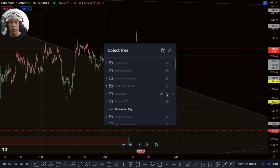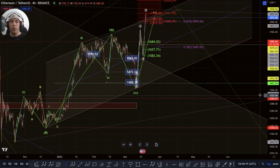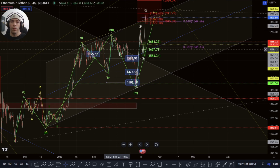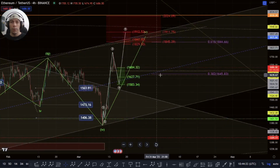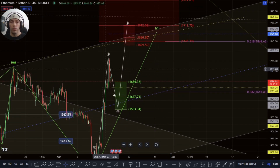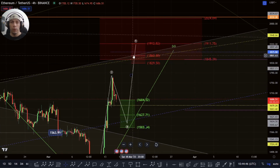We did, however, touch on a possible alternate count for this structure in yesterday's video, where we could actually still be within the fifth wave here, where we'd look at this move slightly differently: one, two, three, four, five, then an additional fourth here, and actually still looking for that fifth wave. So if this is the case, potentially we've come up to that 0.382 already. The next target I'd be looking for if we do continue up here. If we get this additional fourth wave within here, possibly we could come back up and retest this channel, which would be at this